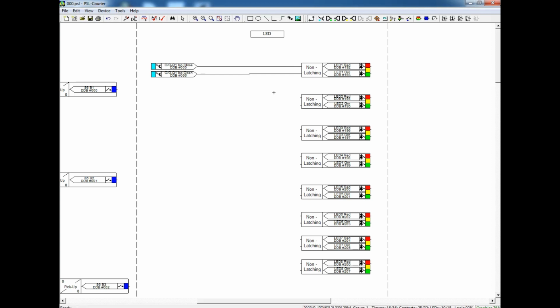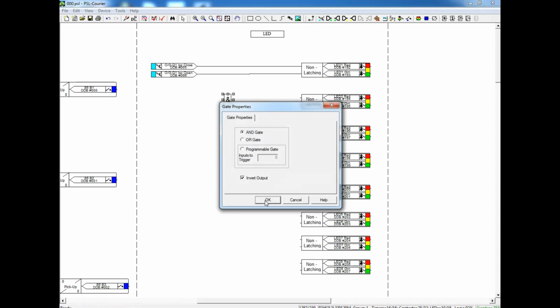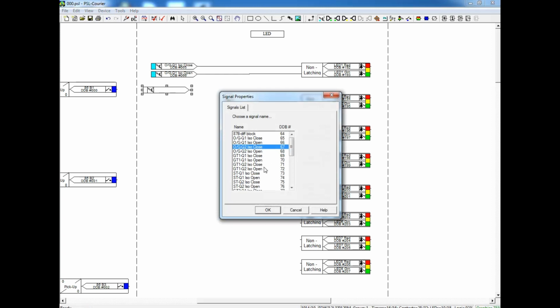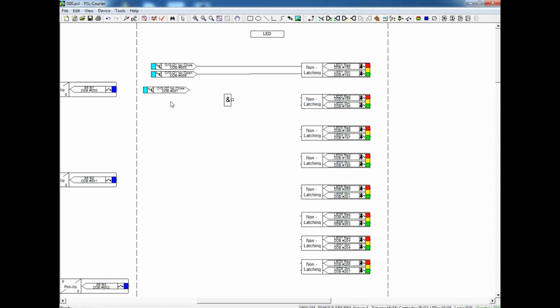Like this you can configure, or you can do it another way. Close and open can be configured in another way also. The second way is I am going to take only the close signal. From the close signal I am going to connect to the first LED, that is the red color. When you get isolator close, it will show red color. The second LED I am going to take from the AND, which is inverted, and this AND is connected to the close. That means when the close gets 0, the AND gets 1 due to the inversion, so it glows green color. So we can configure in both manners.